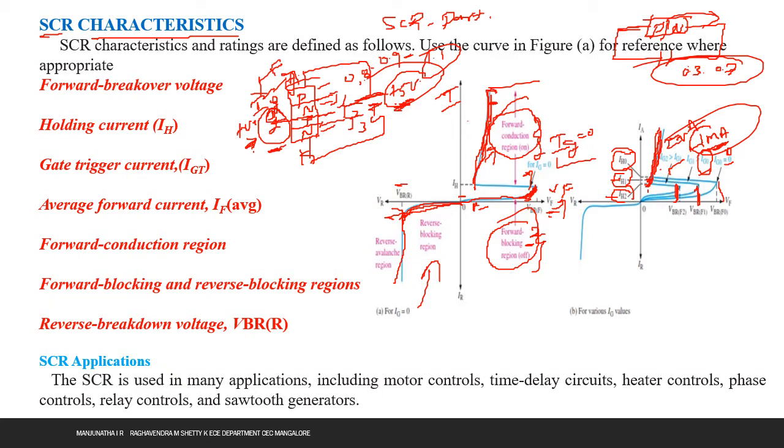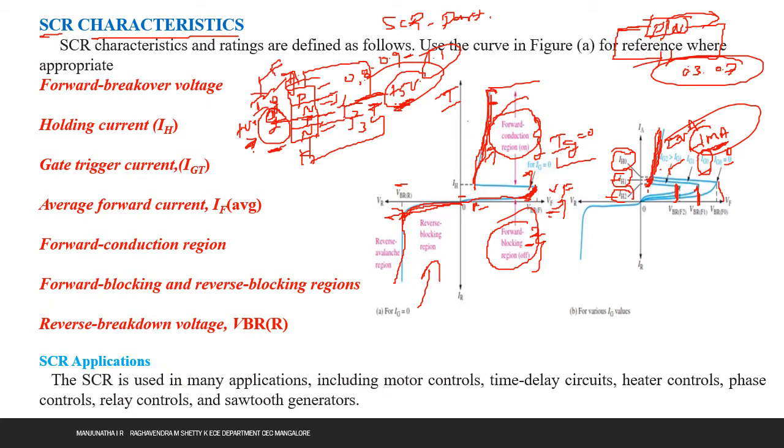So it is as simple as a diode in the reverse biased condition. So what is holding current? I'll come to the discussion of holding current. We have broken the three PN junctions, and we removed